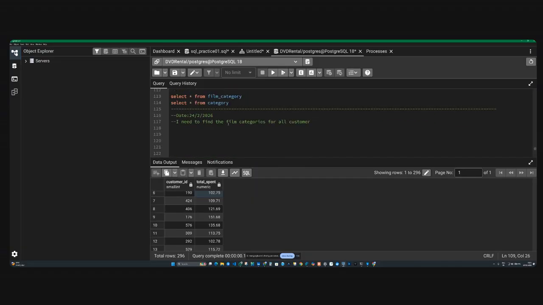Okay, so how do we go about it? We have already done join. So what does join do? Join will help us to connect multiple tables. Okay, so I'll write one simple command,